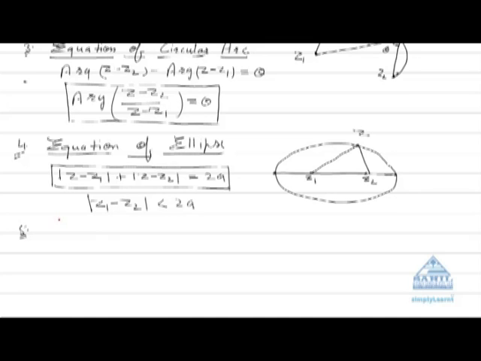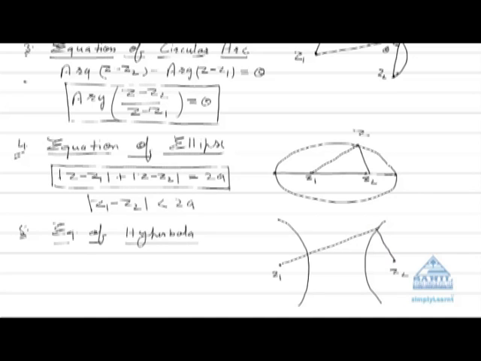How? You just see that equation of hyperbola. Now the definition of hyperbola is that the difference of the distances from two fixed points is always constant. You just see that if this is the hyperbola, okay, and these are the two fixed points, suppose it is z1 and z2, and a variable point is taken on the curve, and this is a variable point z, then modulus of z minus z1 minus modulus of z minus z2 is equal to 2a, and here 2a is